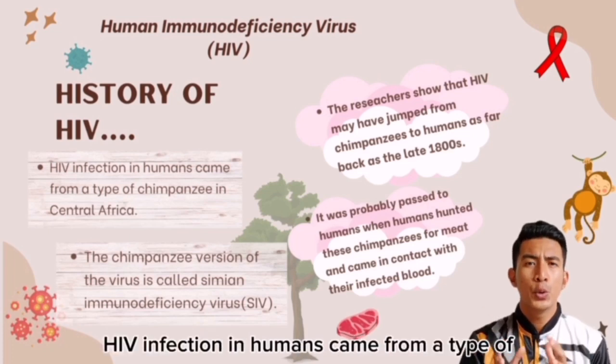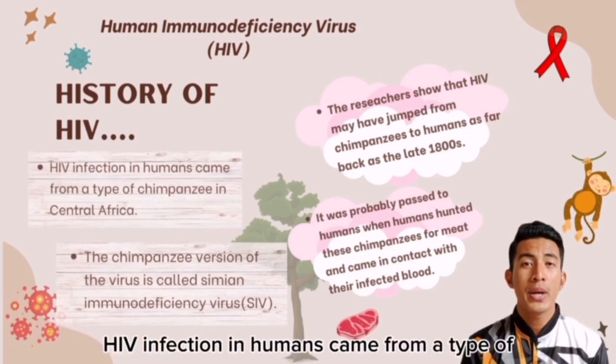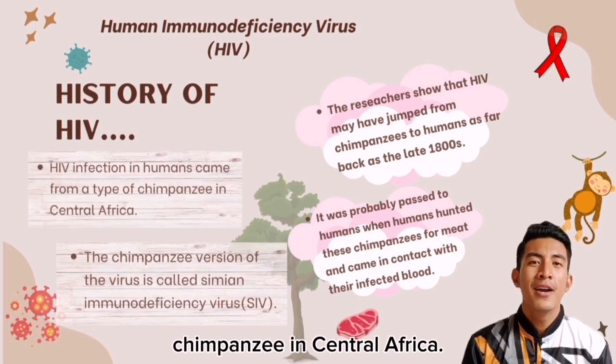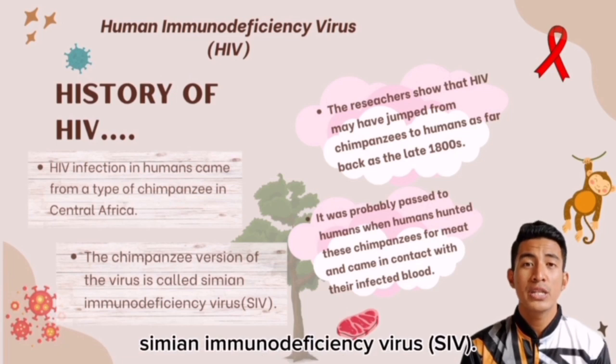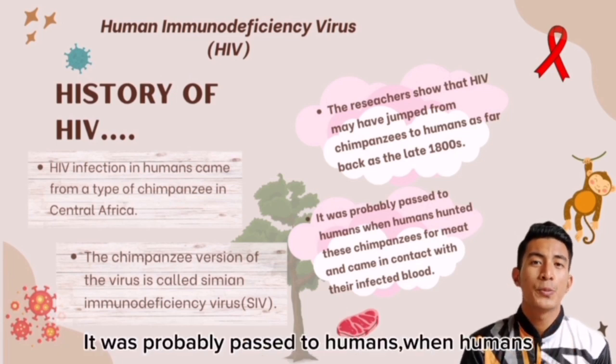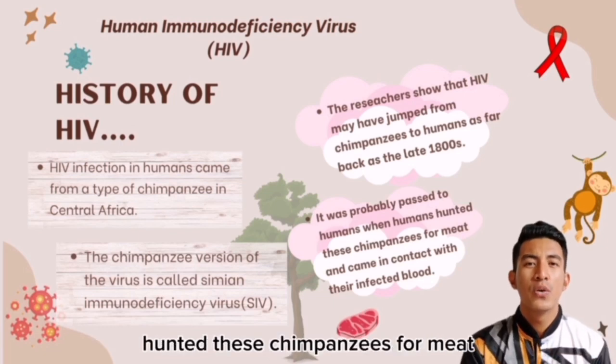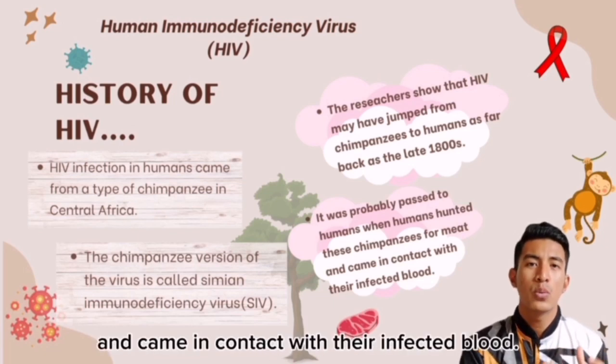Firstly, I will explain the history of the basic appearance of the human immunodeficiency virus, known as HIV. HIV infection in humans came from a type of chimpanzee in Central Africa. The chimpanzee version of the virus is called simian immunodeficiency virus. It was probably passed to humans when humans hunted this chimpanzee for meat and came in contact with their infected